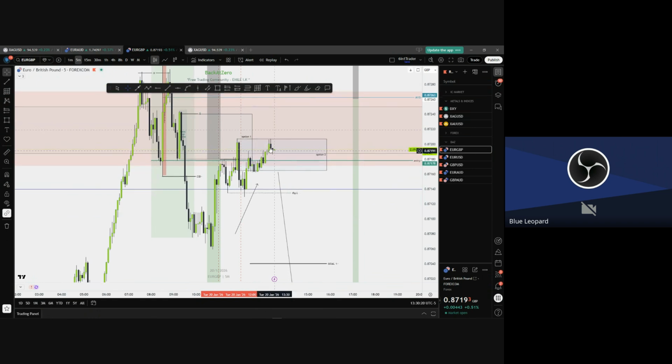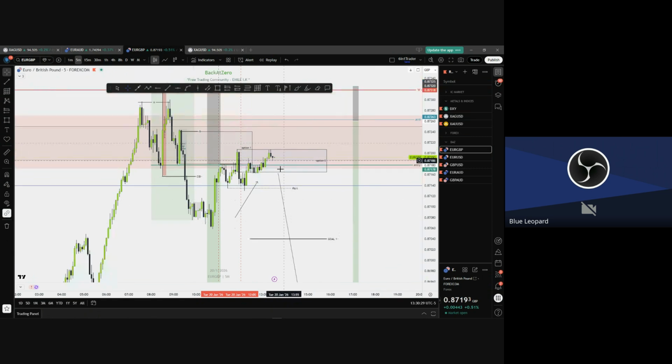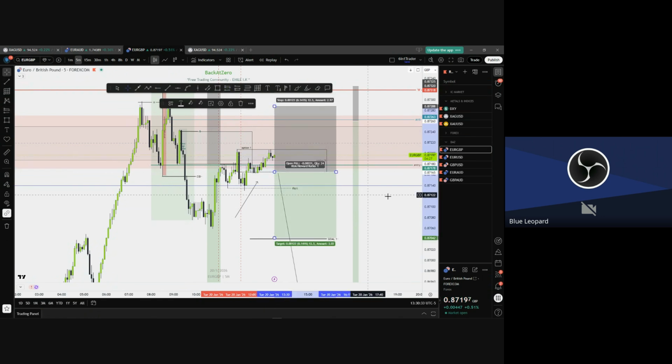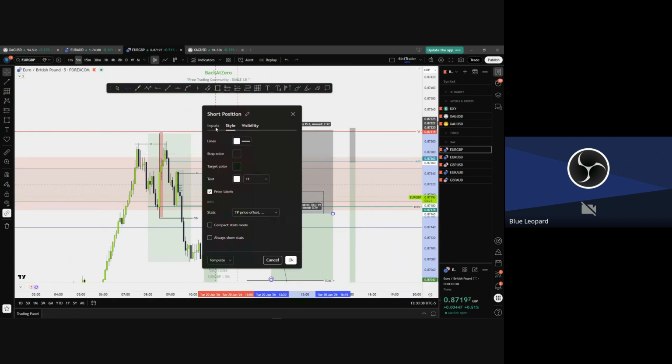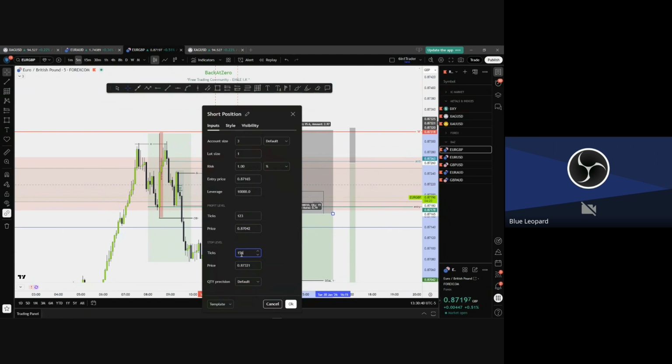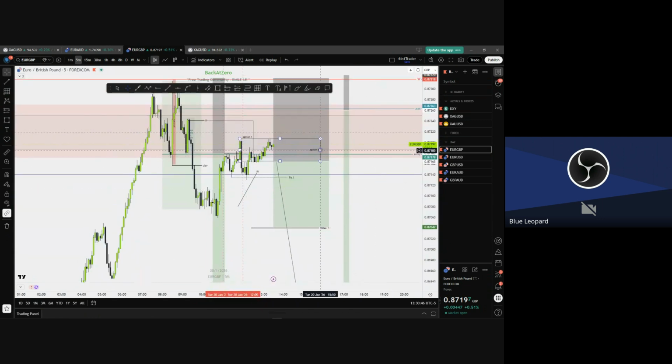You can wait for price to break here. But as soon as I know I have liquidity, I know price will be pulled down here, I can mark this as a trade. Now I will take a trade, put it here, protect above the same level. This is a trade of 15 pips, 15.5 pips. And I can mark my option two. I put a sell stop.